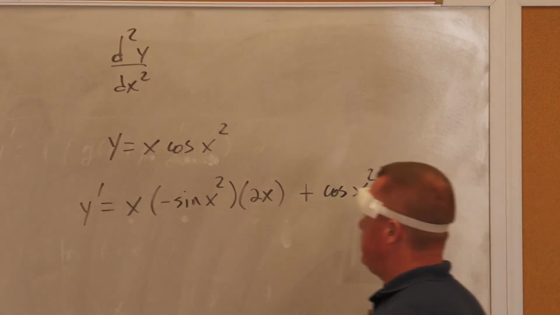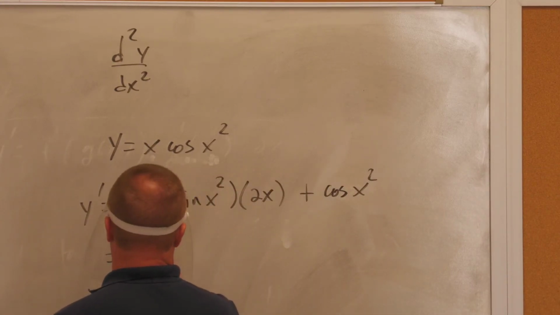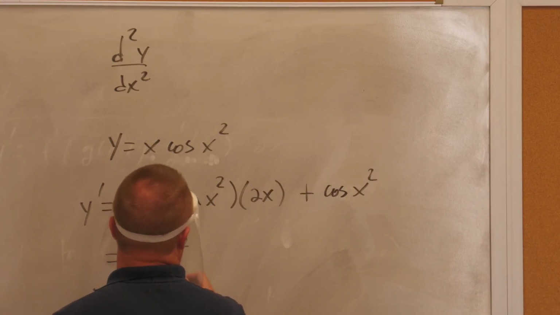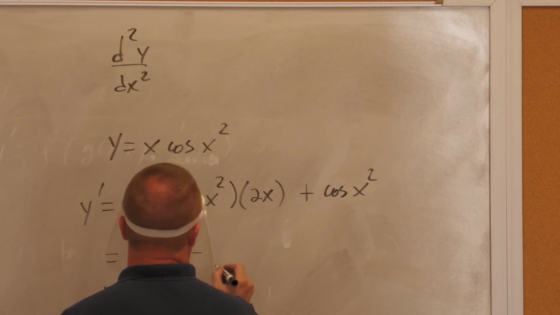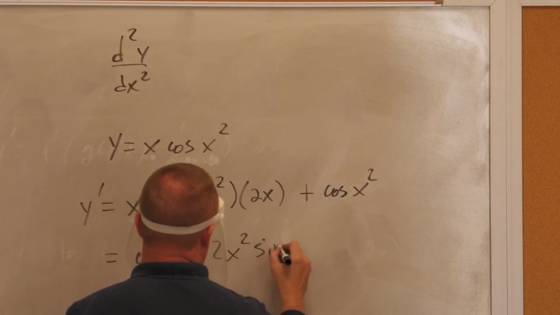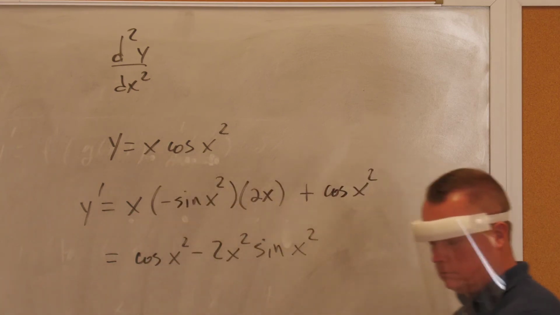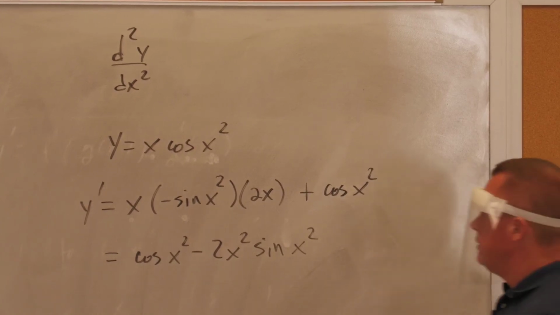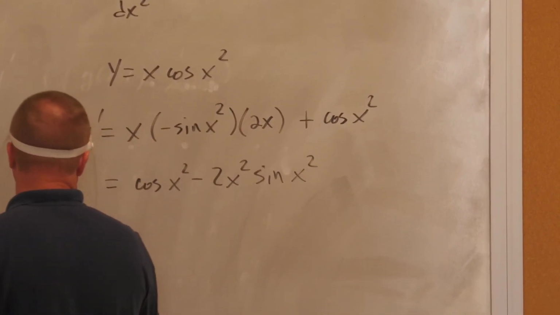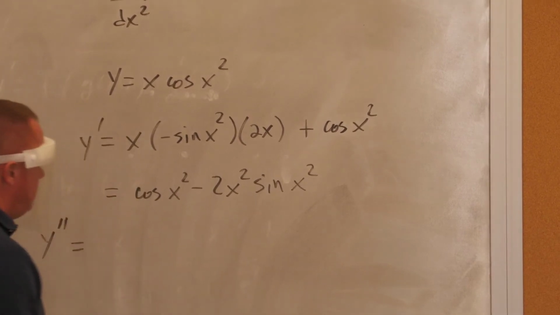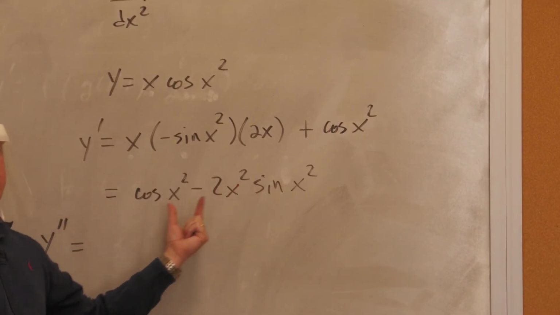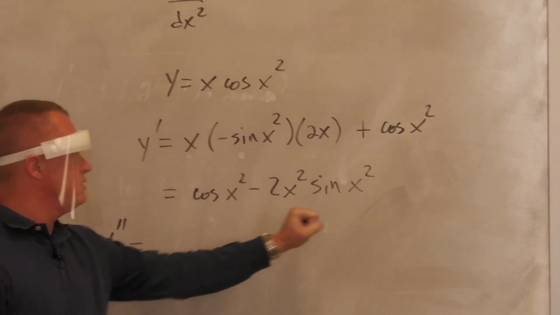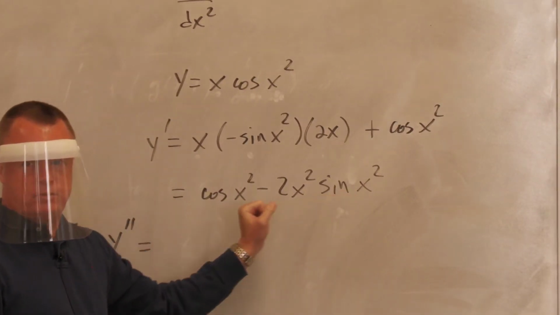So I could probably write that before I take the second derivative. So let's write it as cosine x squared minus 2x squared sine x squared. Okay. Now to do the second derivative, I just take the derivative of the first derivative, right? So let's do it again. All right, so here I've got a difference. So separately, I take the derivative of this one minus the derivative of this one. So first one,